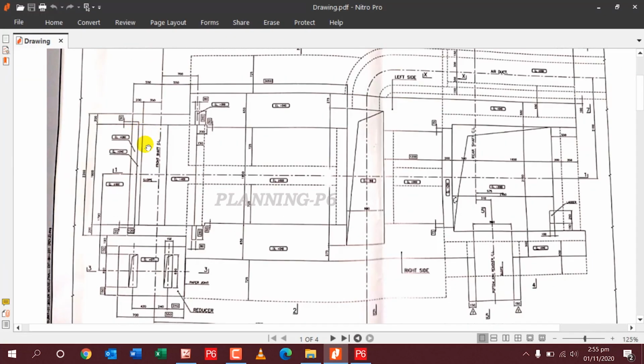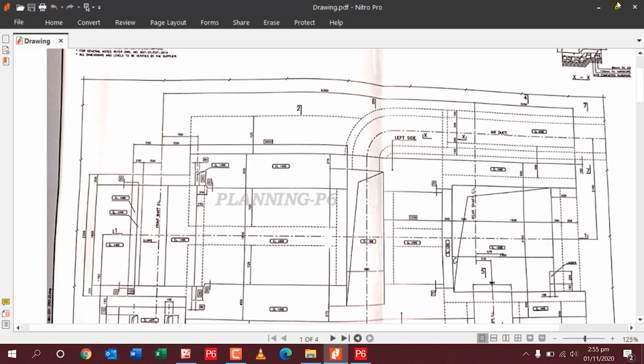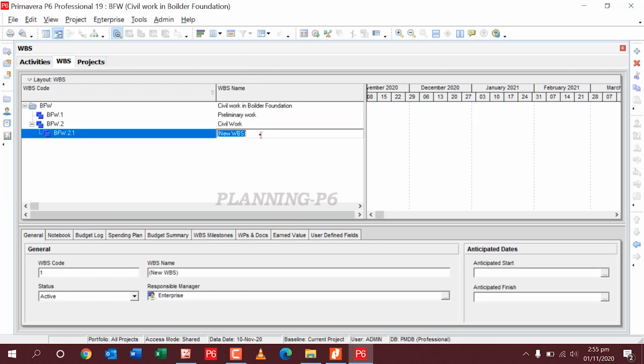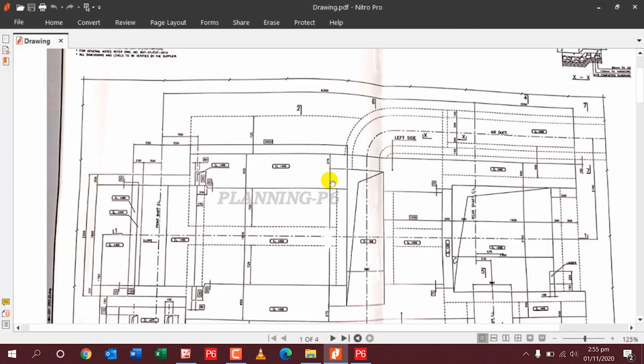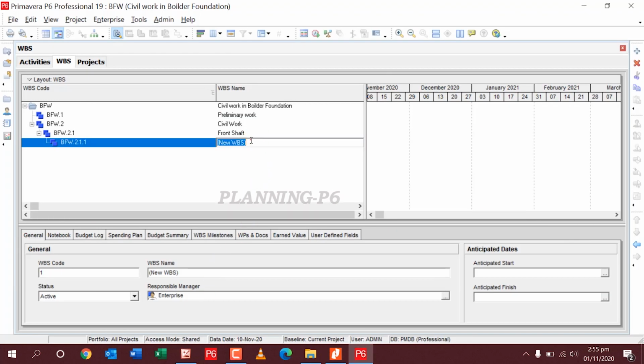For front shaft, here is a front shaft, and the next WBS is reducer section.